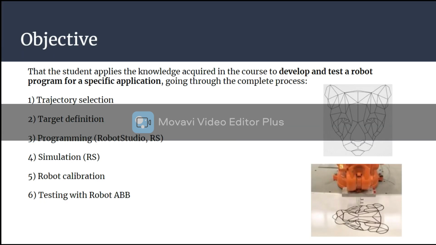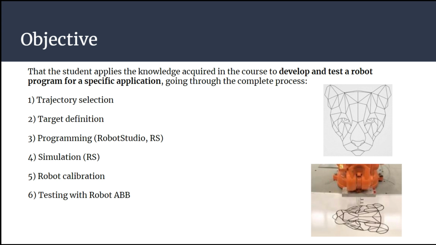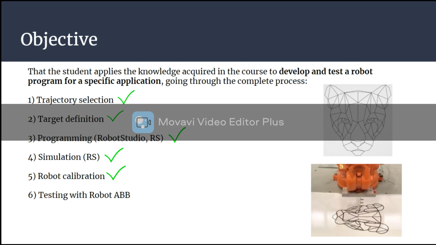The objective of this experiment was to apply the knowledge acquired throughout the course to develop and test a robot program for a specific application. All of this went through a process that involved trajectory selection, target definition, programming, simulation, robot calibration, and testing with